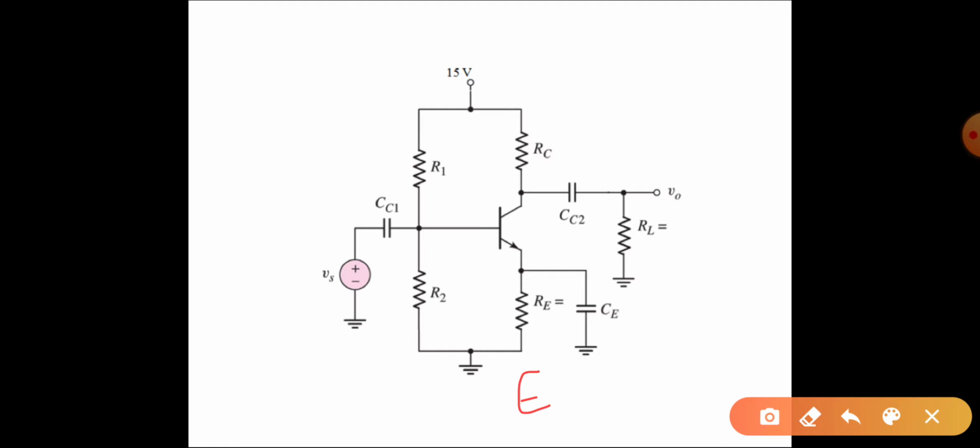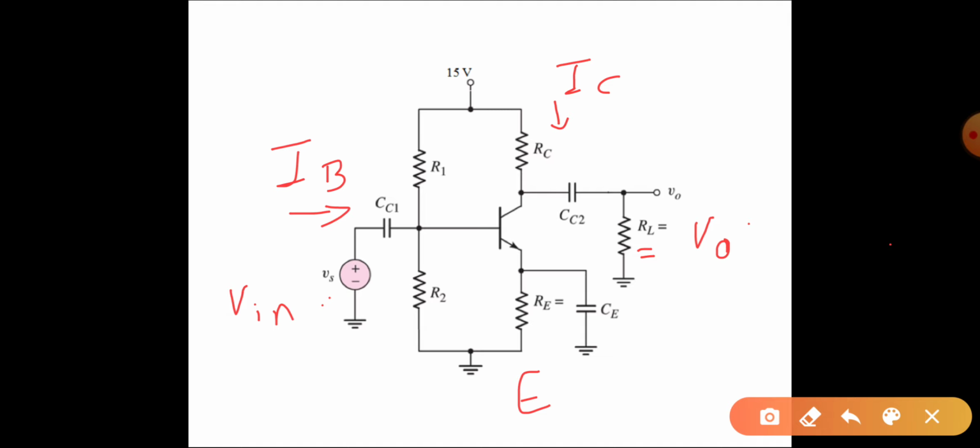So here the input is base current IB and our output will be the collector current IC, and here across the RL you will get your output voltage. So this is your output voltage. This Vs is input voltage, Vin you can say. So the input voltage is Vin, the output voltage is VO or Vout you can say.